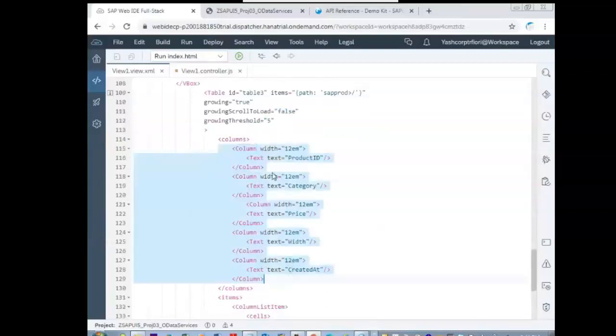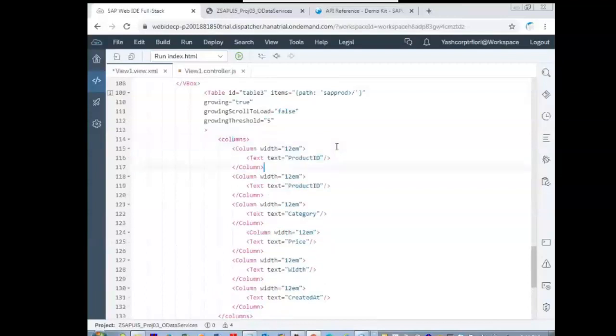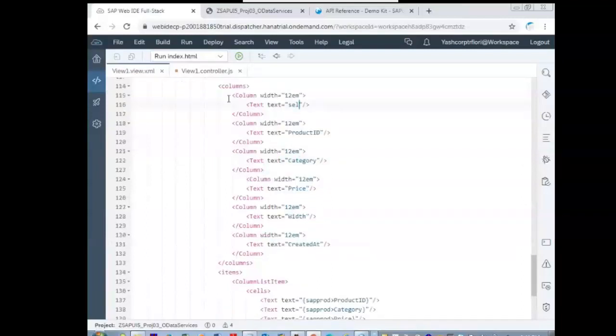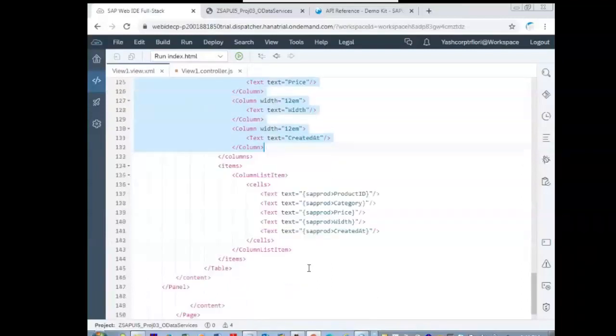Let us add a new column, select. The number of metadata columns should be equal to the number of model data columns here, otherwise the columns will be shifted.